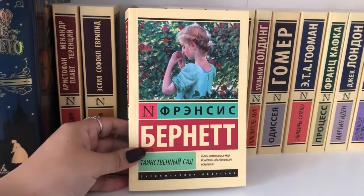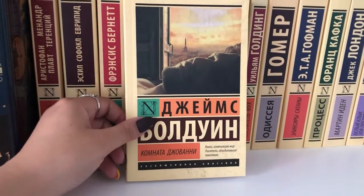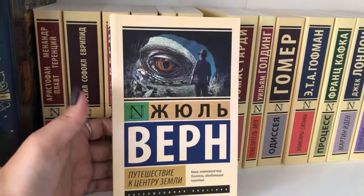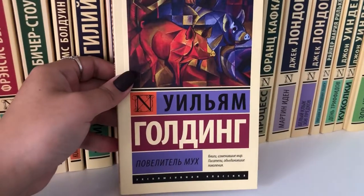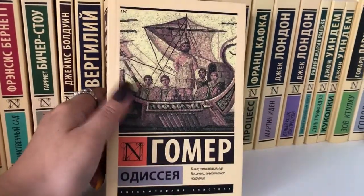The Secret Garden by Frances Burnett, Uncle Tom's Cabin by Harriet Beecher Stowe, one of my favorite books of last year, Giovanni's Room by James Baldwin, Aeneid by Virgil, Jules Verne again and his Journey to the Center of the Earth. Oh, I hate to say this last name, Tess of the D'Urbervilles by Thomas Hardy, William Golding and his Lord of the Flies, a book that made me think a lot last year, The Odyssey by Homer,